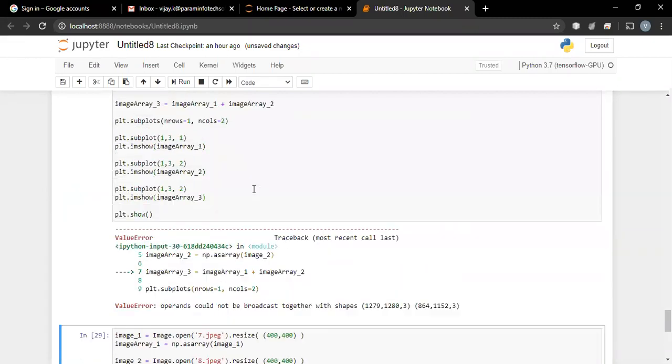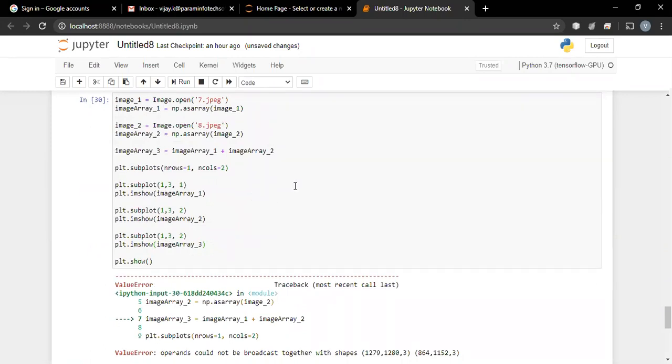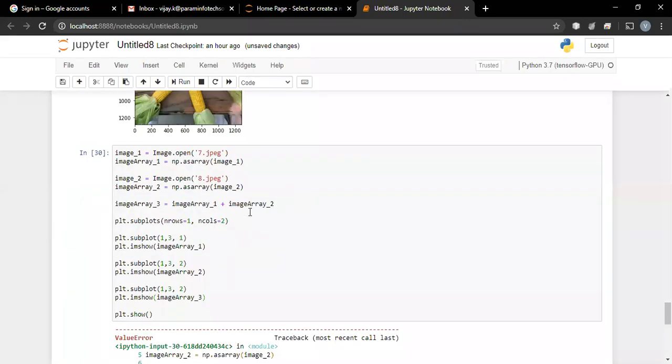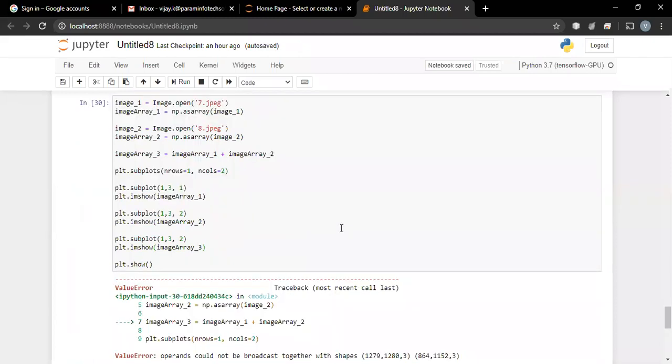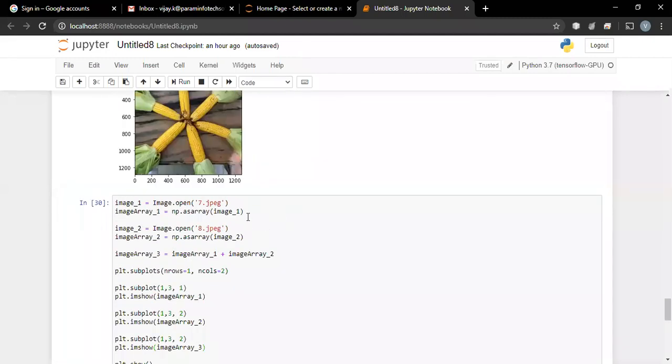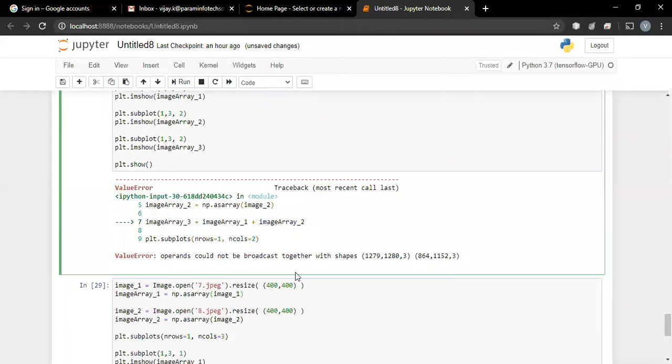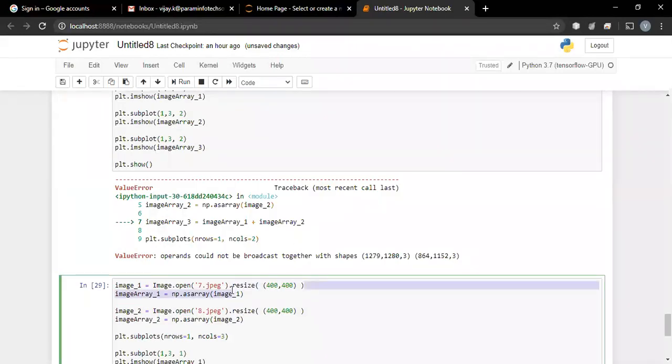Did something go wrong? Okay, now I know what the mistake was. I was modifying the code in a different, or say wrong, column.